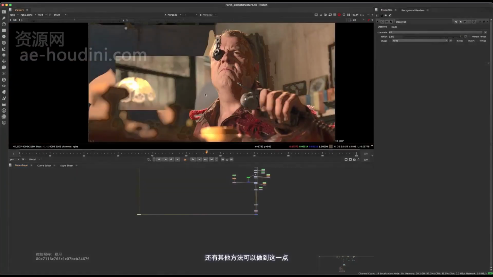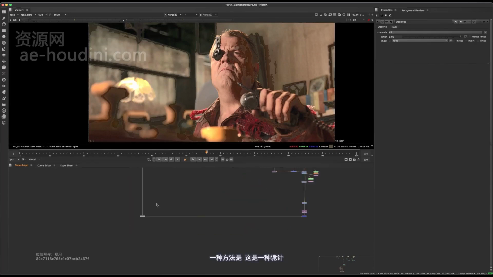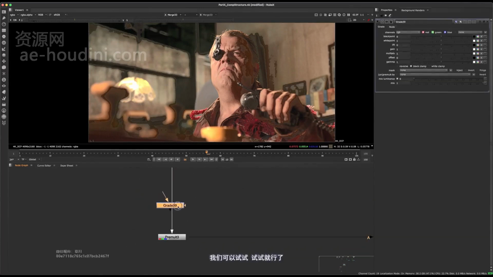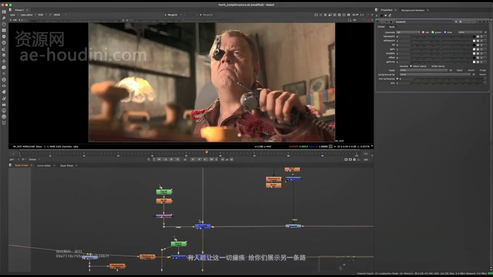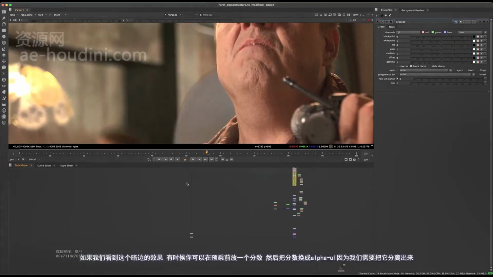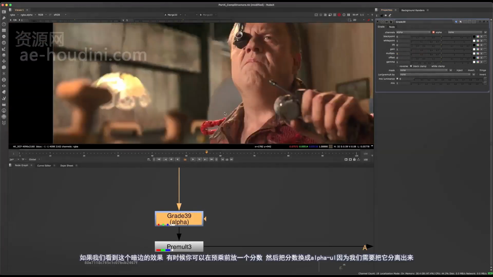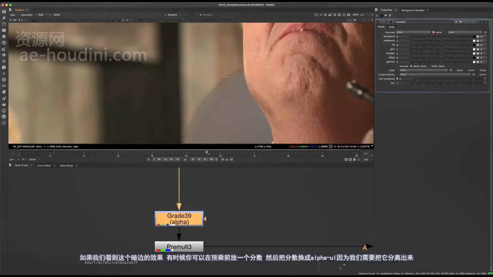There's other ways you can do this. For example, one way would be, this is sort of a trick. We can try it. Let's just try it. So I'm going to disable all that just to show you guys a separate way. So if we see this dark edge sort of effect here, sometimes you can go and put a grade before your pre-multiply, and you switch the grade to an alpha. And this is going to affect the whole alpha, so you got to be really careful because we're going to need to isolate it. But if you gamma up the alpha,